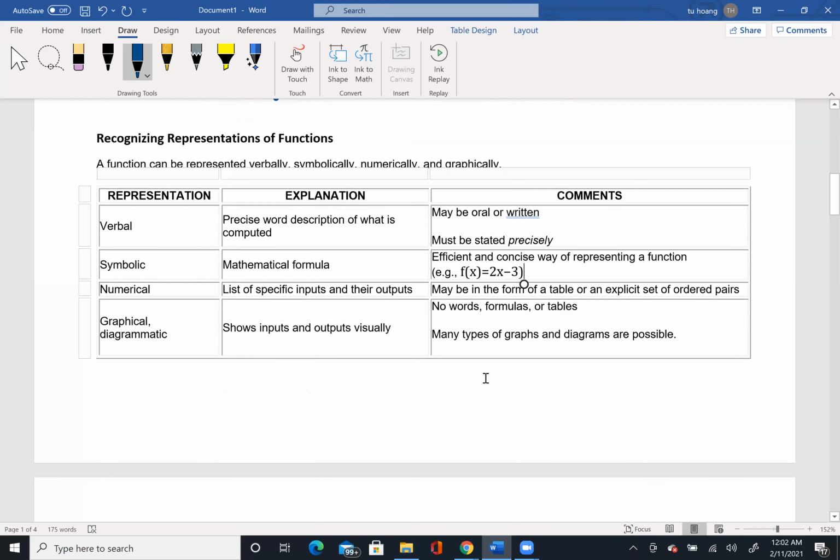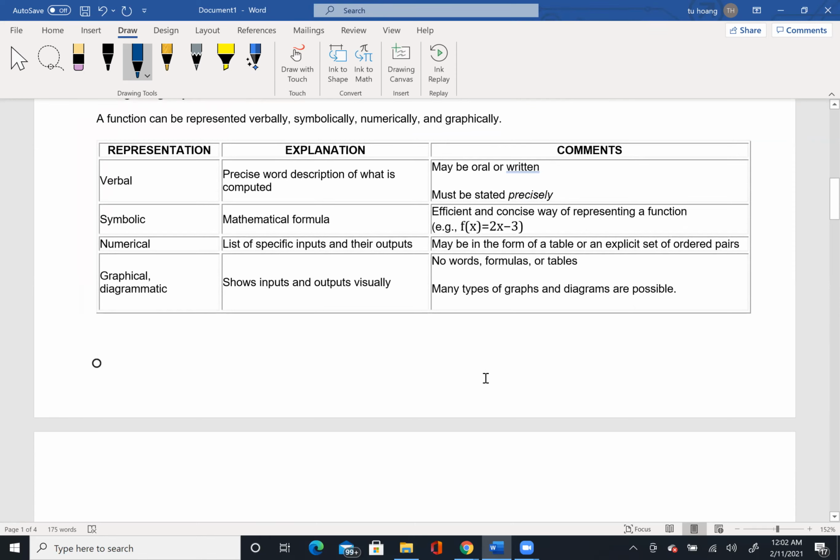So let me have an example for you first, right? Say an example for, let me write it, verbal representation. Okay, I want to have an example for verbal representation in my words, right? Okay, so